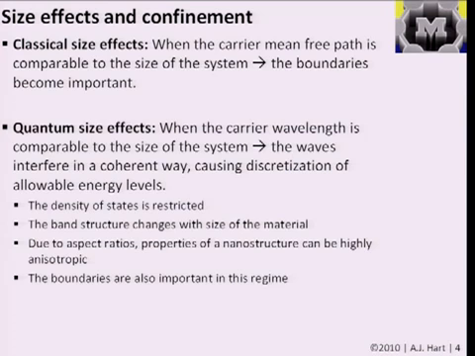And we broke down the size effects into two general categories. And we had classical size effects, and our definition here is an effect when the mean free path of the carriers, or the distance that the carriers travel between collisions. If we have two energy carriers here, the distance that they travel between collisions with one another is our definition for the mean free path. And if that is comparable to the size of our system, for example, the size of our box or the length of our wire, then collisions with the boundaries become important,